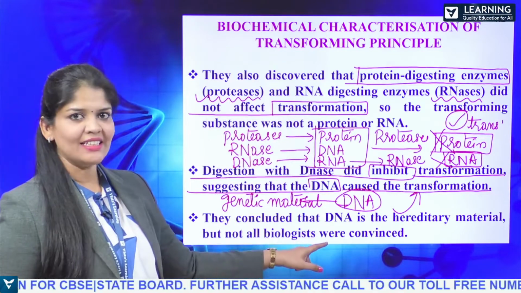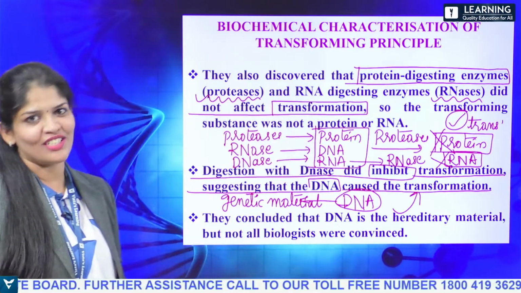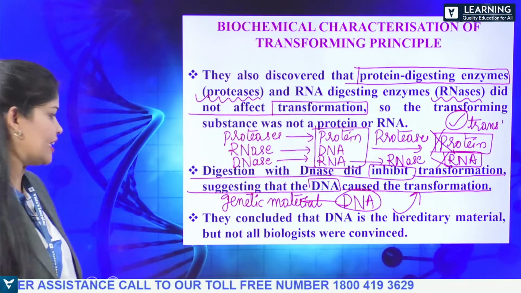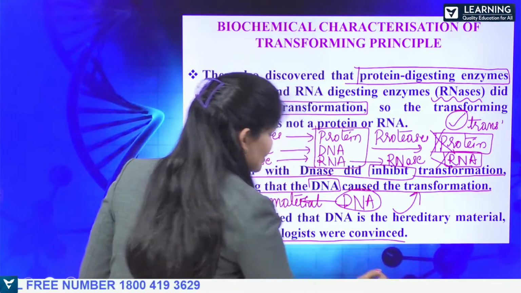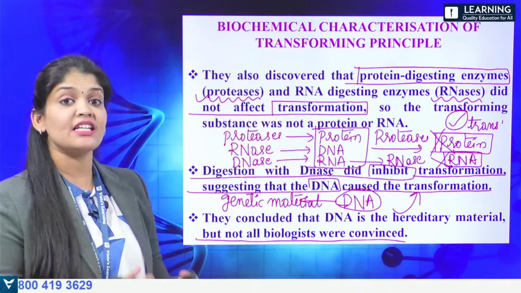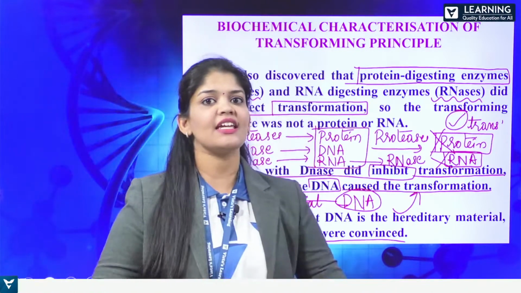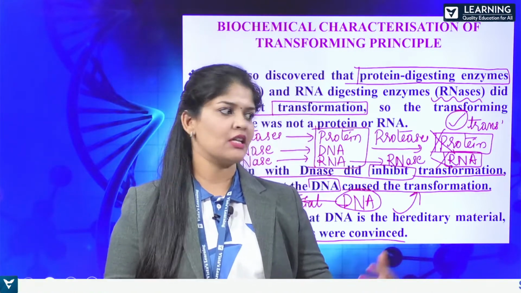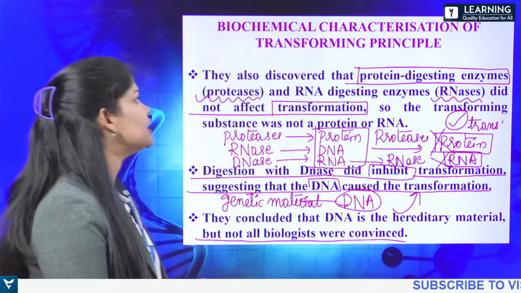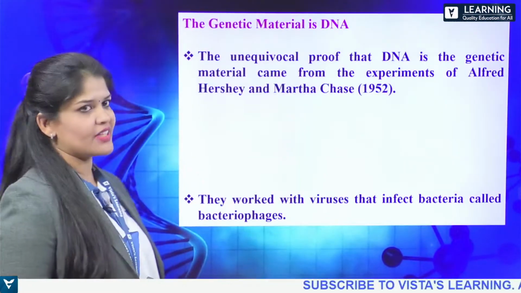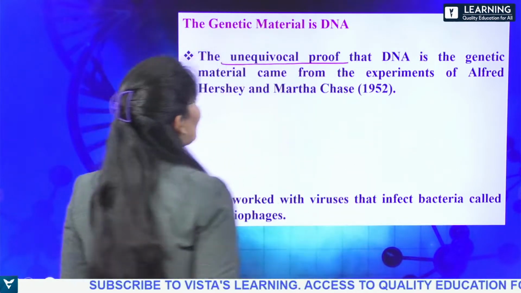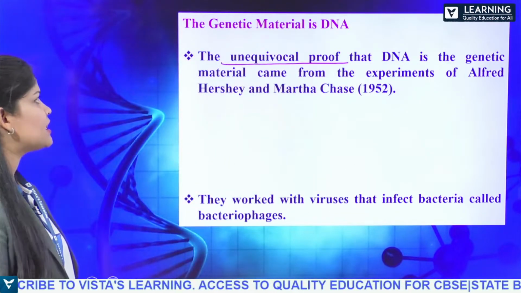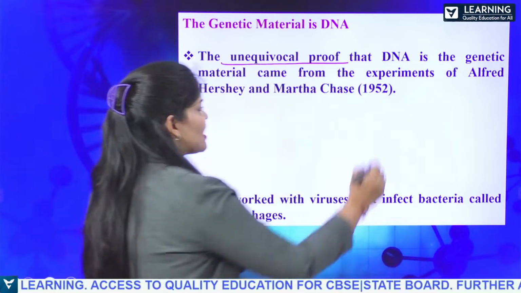They concluded that DNA is the hereditary material, genetic material, but not all the biologists were convinced by these experiments. There were still more experiments to convince that the DNA is acting as a genetic material, but not the RNA or protein. Then another experiment, a very undoubtable proof, unequivocal. The unequivocal proof that DNA is genetic material